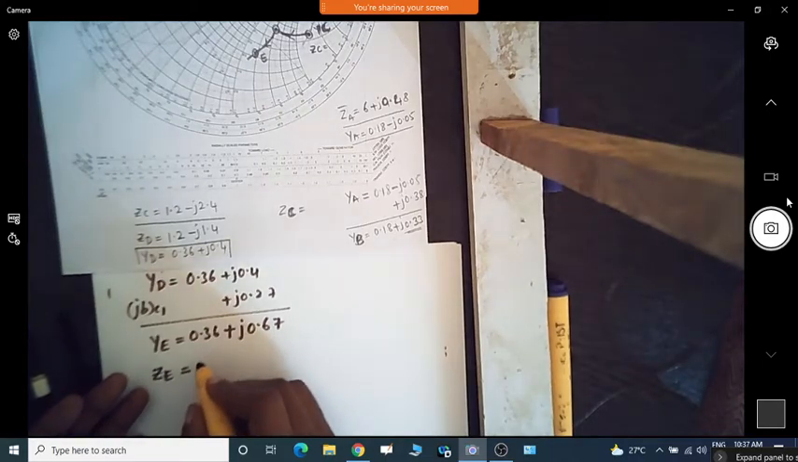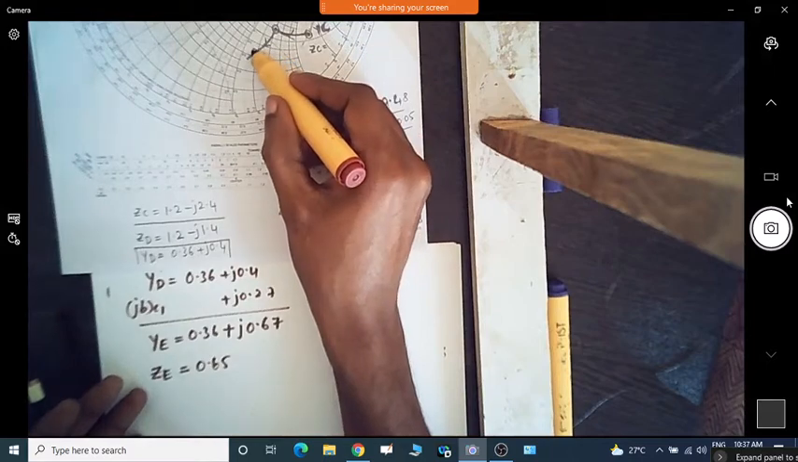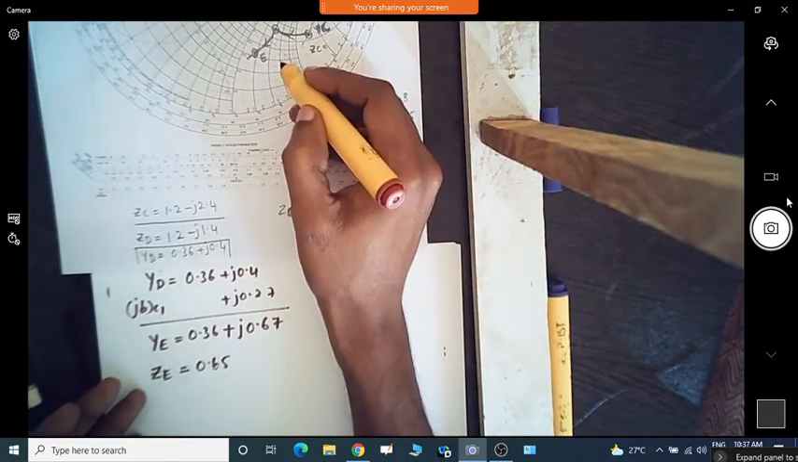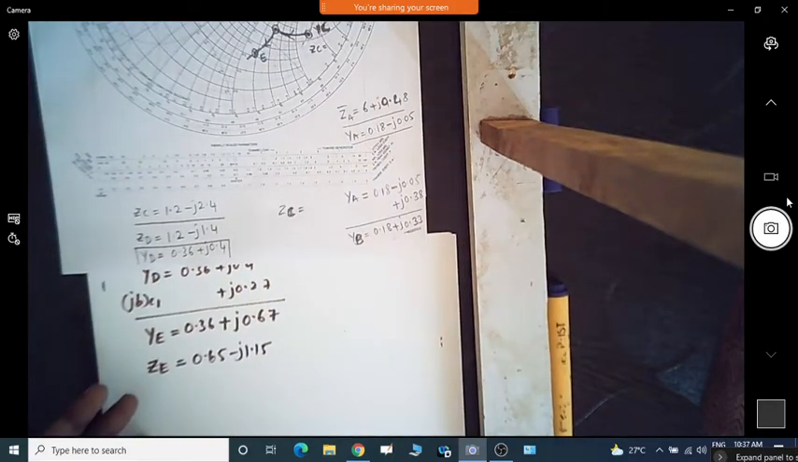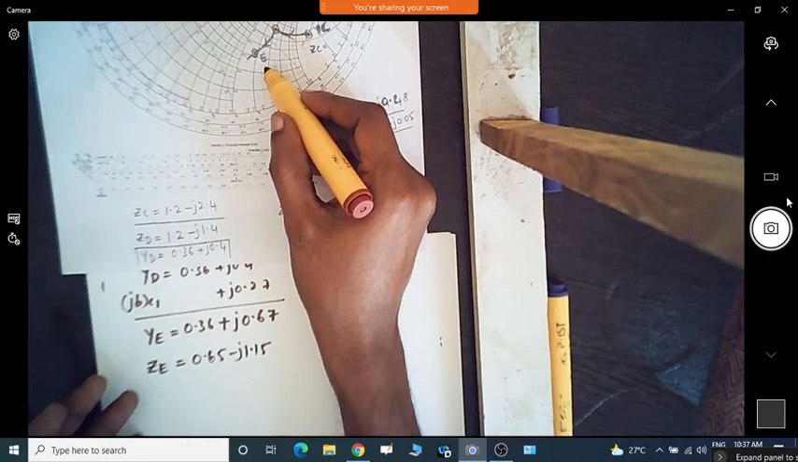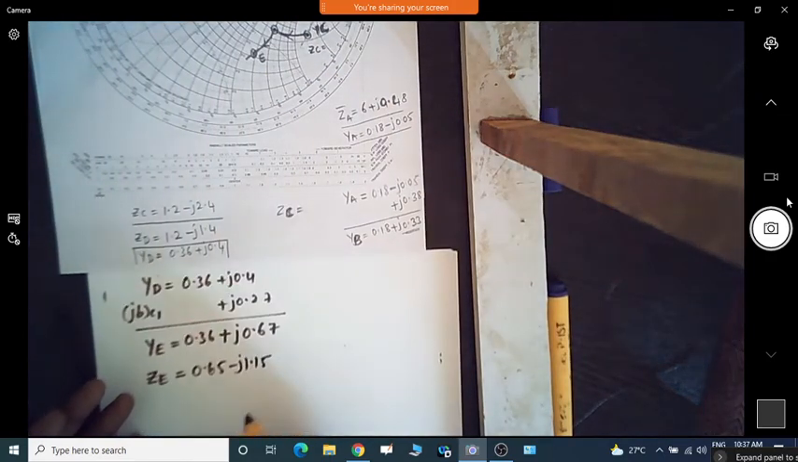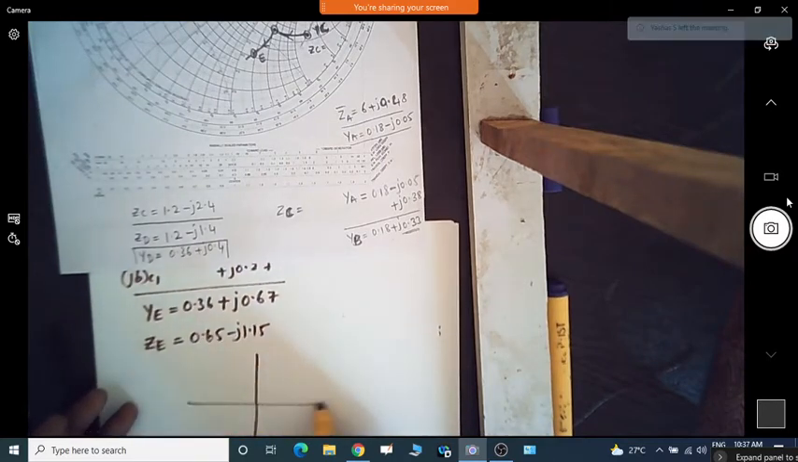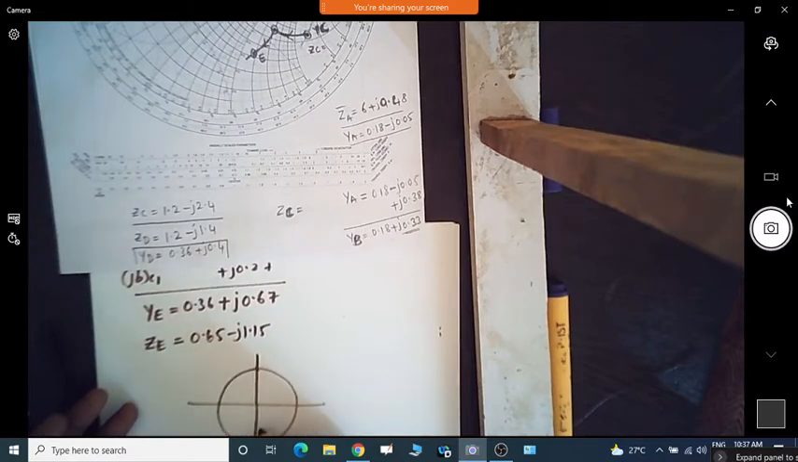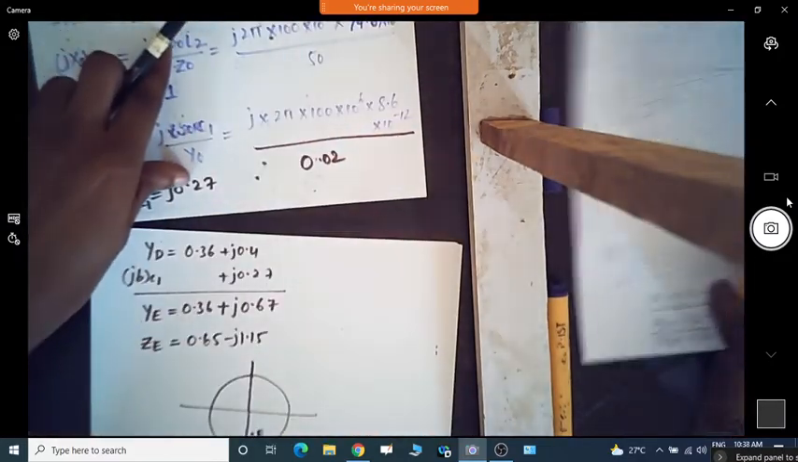Okay, so 0.65, and then it is minus j 1.15, minus j 1.15. So now this is the impedance value at point E that I am getting. Okay, so now after getting this point E, since at point E we are having the impedance, finally we need to add